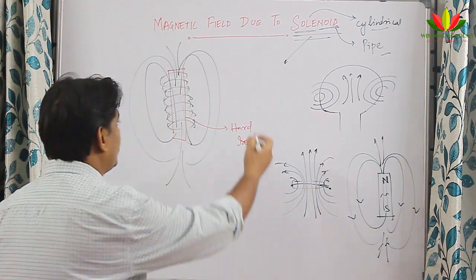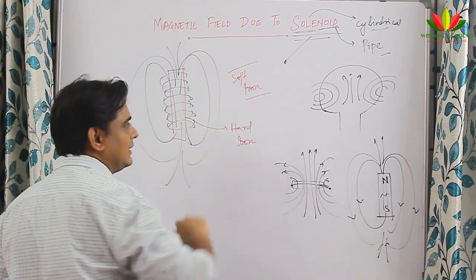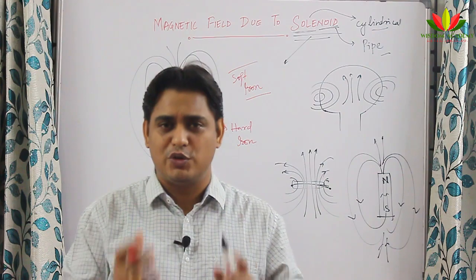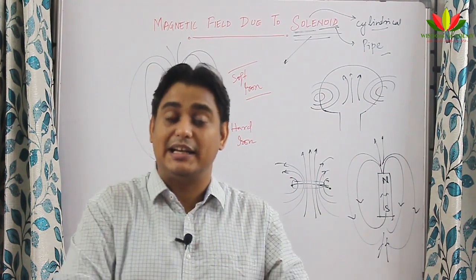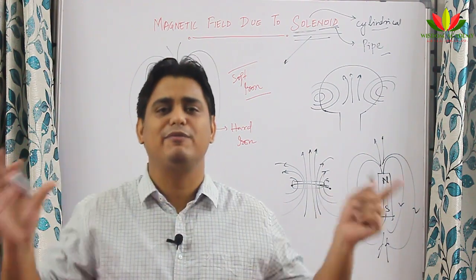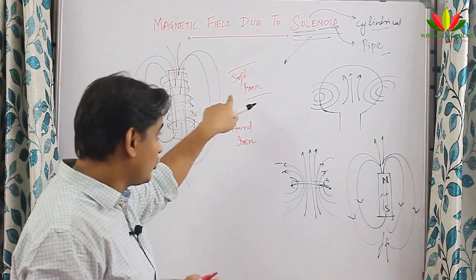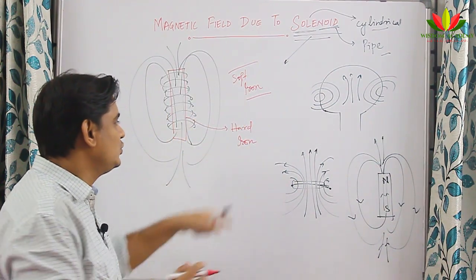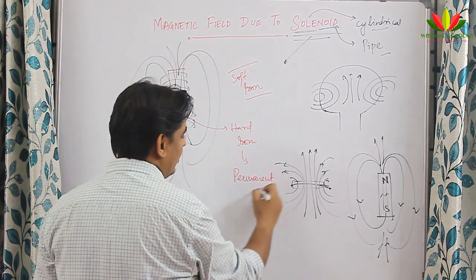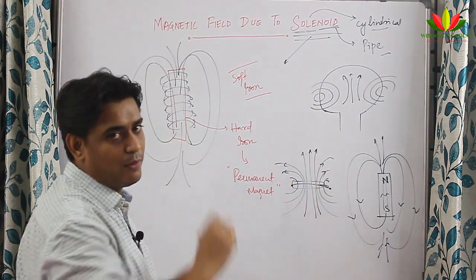There is one more thing called as soft iron. Soft iron is iron where the magnetization and demagnetization both will happen very soon. So if you keep the soft iron inside the solenoid, it will get magnetized very easily, and the moment you stop the current flowing through it, as the magnetic field stops, that material also will demagnetize very easily. So we have also used soft iron, but hard iron is used to make the permanent magnets. So one use of solenoid is to make the permanent magnets by help of hard iron.